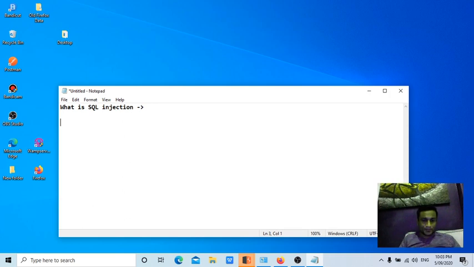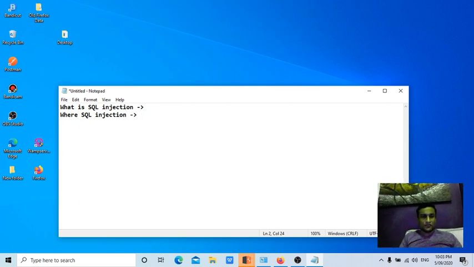Now, where can SQL injection happen? Where do we check? For example, if there is a website, it will start with pages like registration pages. After registering, you will try to log in.